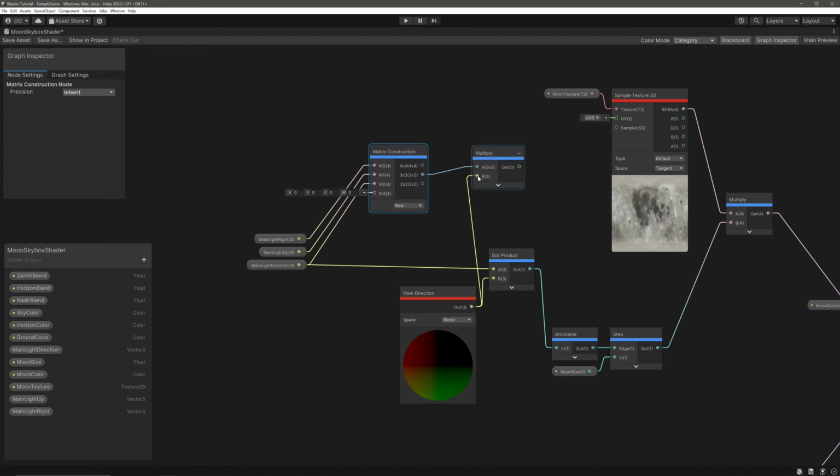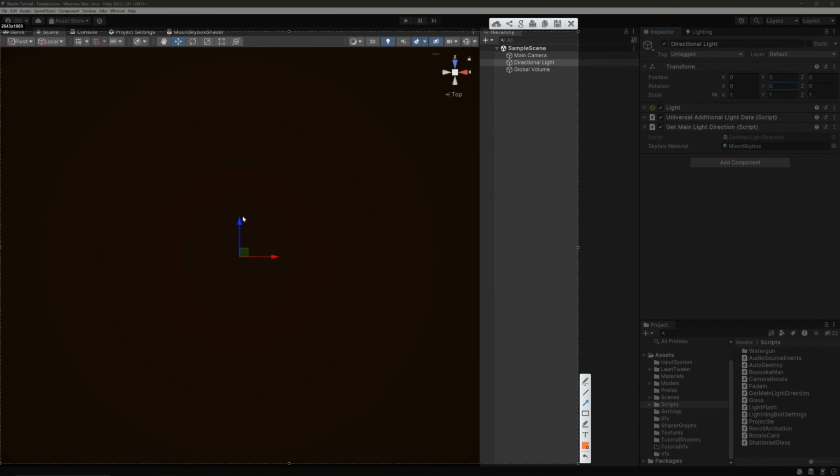Don't worry, I will show what we are doing. So this is our directional light, and imagine that we have a view direction that points here. By multiplying it with our matrix, we have rotated it in a way that now our view direction has the same forward, up, and right axis as our directional light. So our new view direction will point this way, and we will apply our texture perpendicular to that vector,